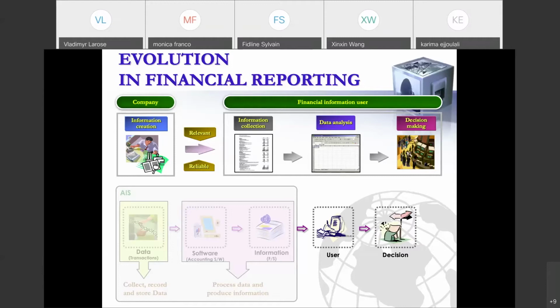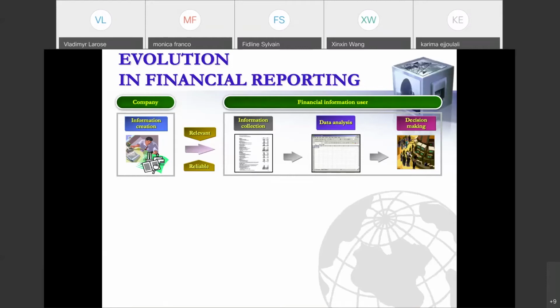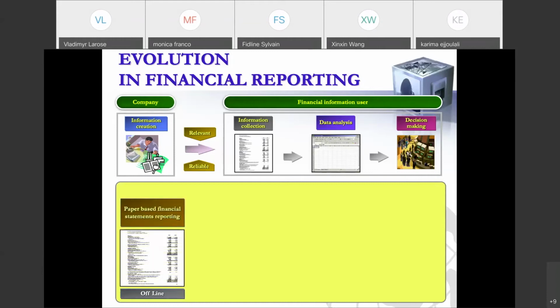The AIS steps in in these scenarios, right? And it collects the data, stores the data, and uses the software provided for all this kind of process on a timely basis. And then we have paper-based financial statement reporting, which is